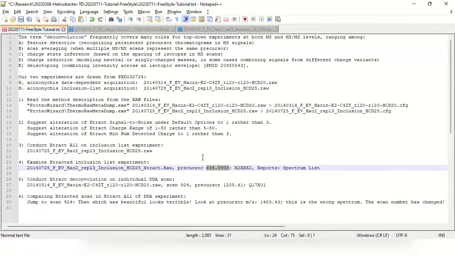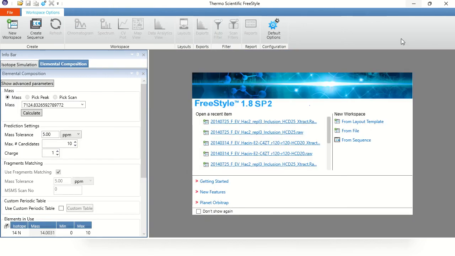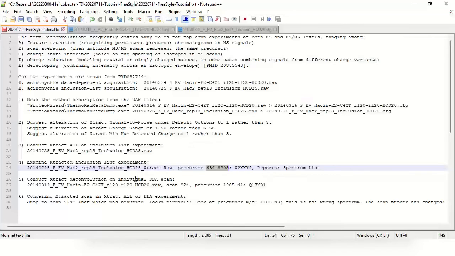I don't think so, but I like to be able to look at this and see not just the data in graphical form, but also the data in tabular form. It is possible to copy out of here and paste to other applications. But for now, I'm going to close this raw file, and instead, I want to look at an individual tandem